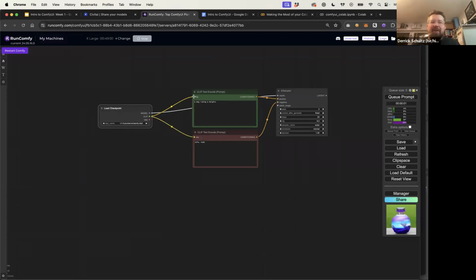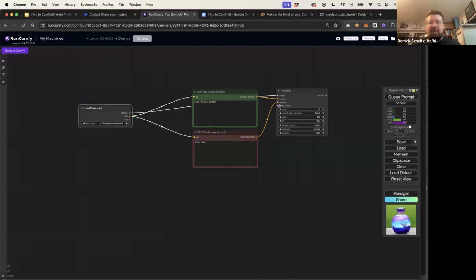I'm not entirely sure why they change colors and why it switches from clip to conditioning. It's all kind of the same thing. But because this is yellow to yellow, it helps you know you connect this to this, and it converts it to an orange output for conditioning. We'll look at some other ways to do conditioning next week, because there are more things you can add to this. But for now, we're bringing our positive and negative prompts into our K-sampler.